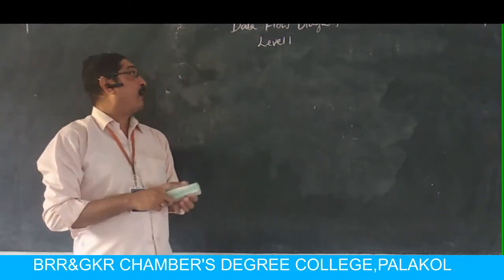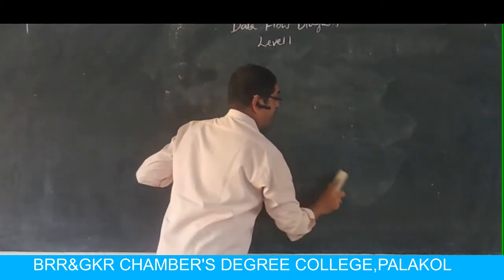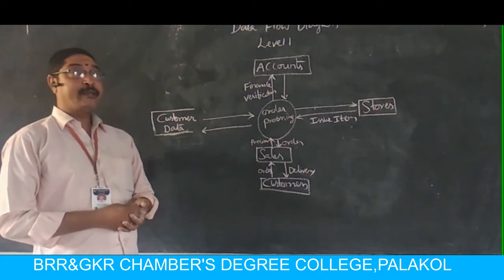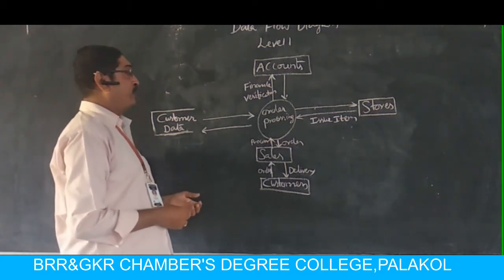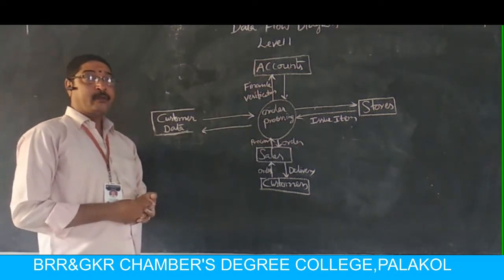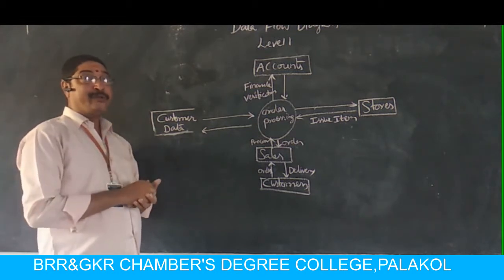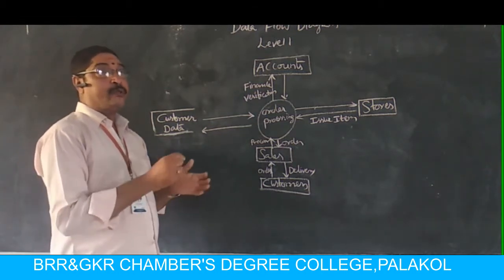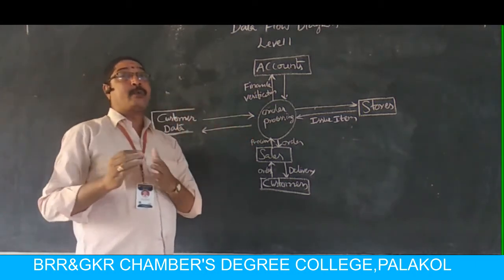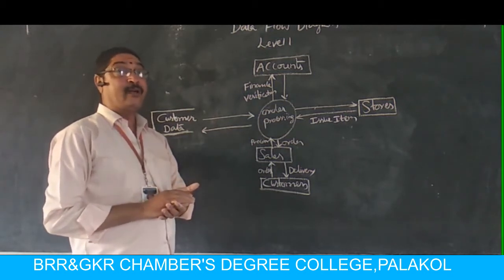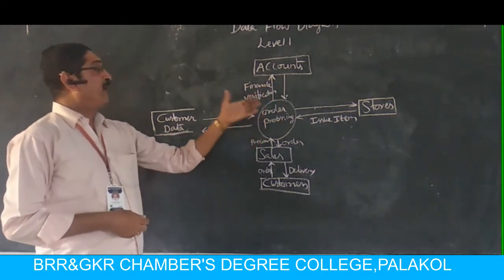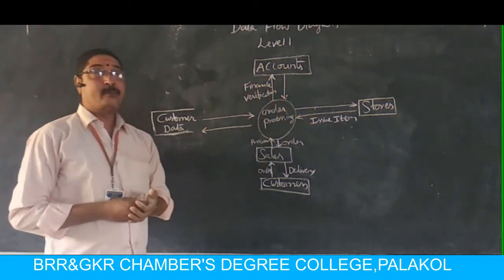Let us try to draw an example diagram for level 1 DFD. If you observe, in the level 0 DFD we have taken only the online system and the customer. Only two items were used there. And we simply explained that the customer will order from the online system and the online system will deliver the product. But in this level 1, we have so many items explained here.